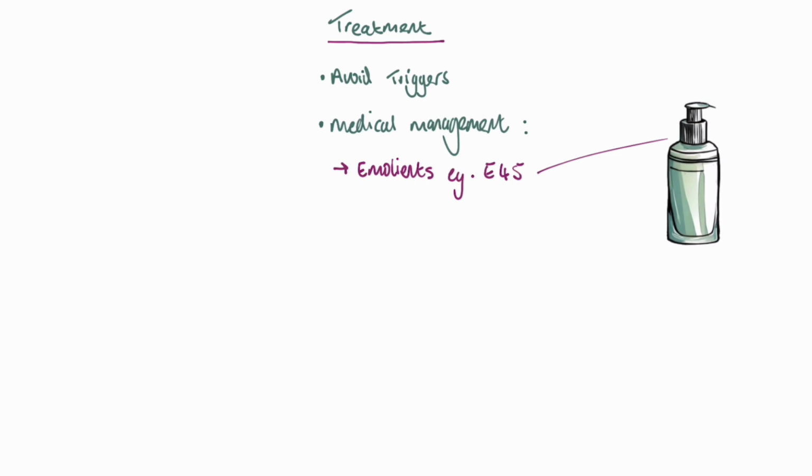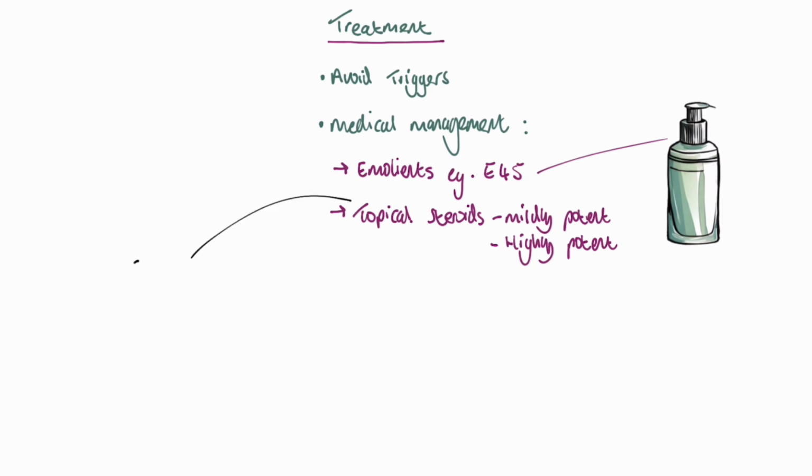In more severe eczema, topical steroids are used as well as the emollients. Steroids work by dampening down the immune response and therefore reducing inflammation. Steroids come in a variety of strengths from mildly potent such as hydrocortisone to very potent such as clobetasol. Very potent steroids are usually only started by specialist doctors. There are also some side effects to topical steroids to be aware of, such as thinning of the skin, depigmentation, as well as acne. If there is severe, extensive eczema, a short course of oral steroids may be tried.